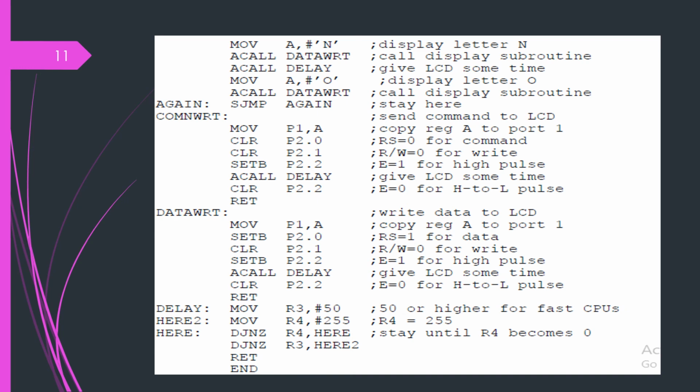This is one small assembly language program I have illustrated to print a message of 2 letters. Here we used the position from 84 onwards, approximately in the middle, because the total is 8, and after the 5th position we started writing. So it is close to the center. We displayed the small message NO, 2 letters.